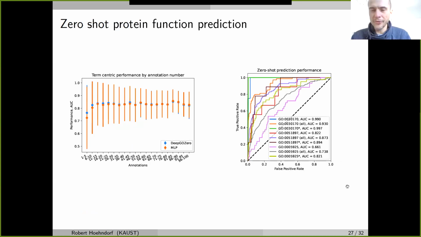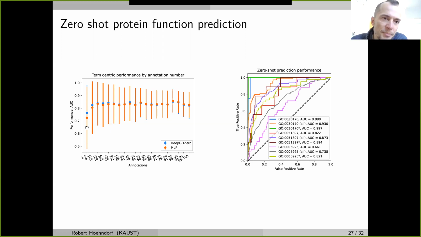Yep. So I just show this performance here. So for zero-shot prediction, I think this is my last content slide. On the left-hand side, you can see the performance of predicting functions compared to a standard multilayer perceptron. So we just benchmark it against a standard MLP. The MLP is close to state-of-the-art performance. You can see that we look at different buckets. They start at 1 because the MLP cannot make any predictions if it doesn't have training data. So this is a multi-class problem.